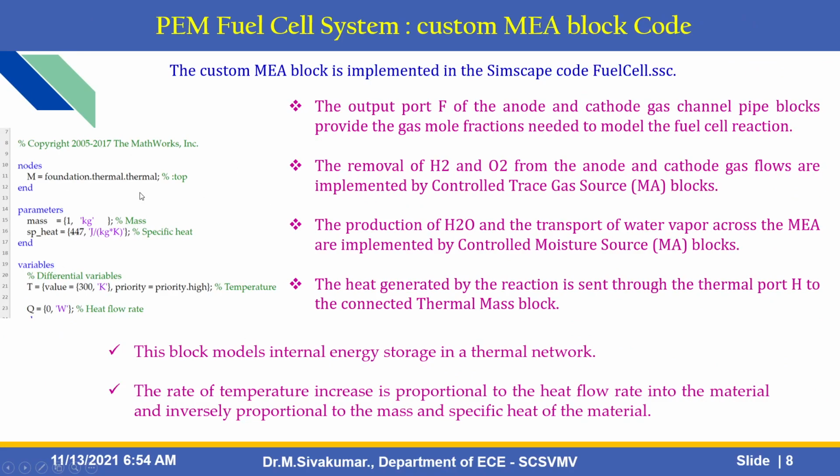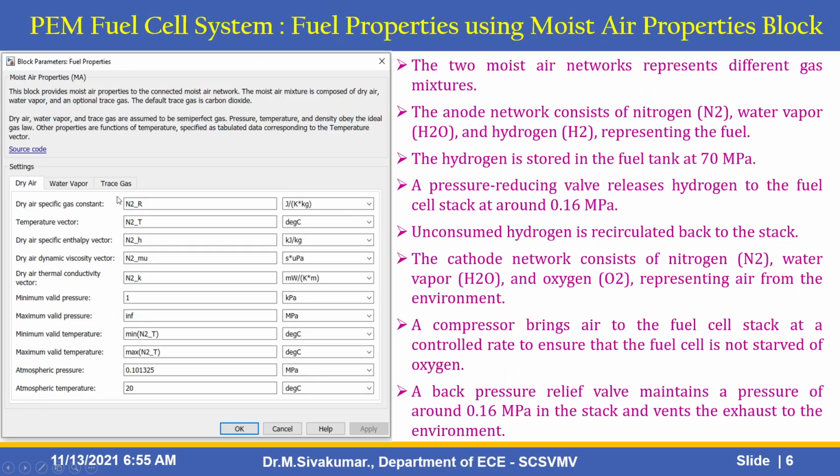Here this is the custom MEA block code. By using this custom MEA block code, we can model internal energy storage in a thermal network. Here it is obtained from the fuel cell SSC Simulink block. This block is implemented in the Simscape code fuel cell.ssc. Then the output of port